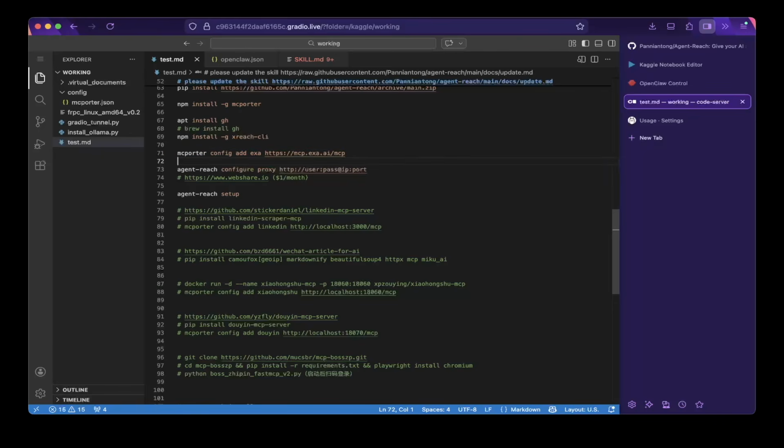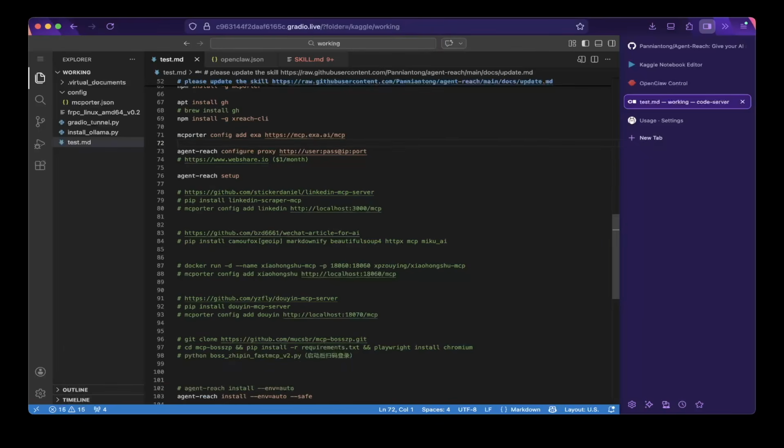And this just sets up the dependencies so the skills know. This is sort of documented. So the skill basically documents everything that's been installed so that the OpenClaw agent can call it. And then you can also configure the proxy. If you have a proxy, you can do that. They recommend Webshare, so it's very economical. So then you can just use Webshare's proxy if you want to set up a proxy to